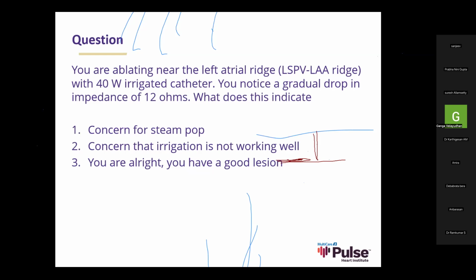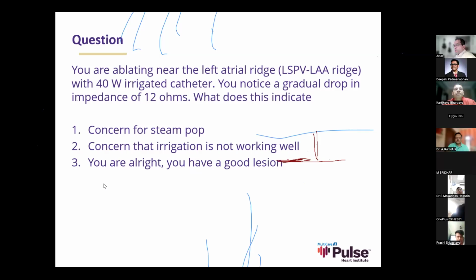So this is the result. What do you think? Good. That's great. So we have a gradual drop, which is good. Any gradual drop between 10 to 12, 20 ohms is considered to be a sign of a good lesion. There is actually a concept that when you have an